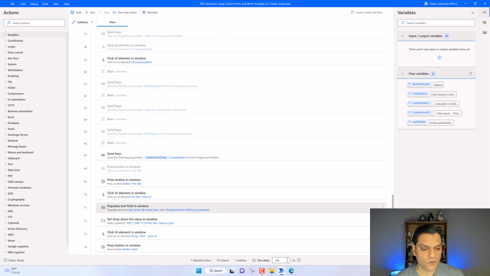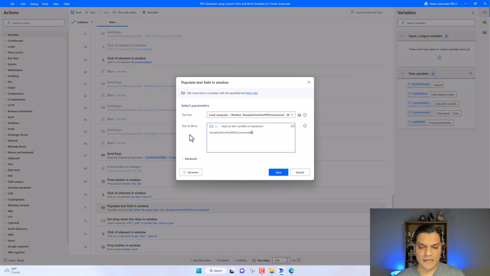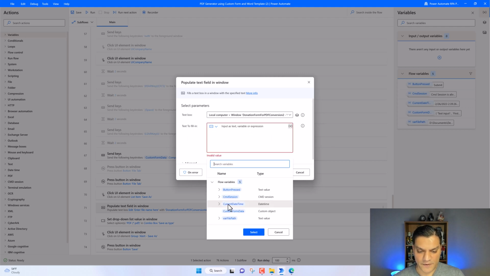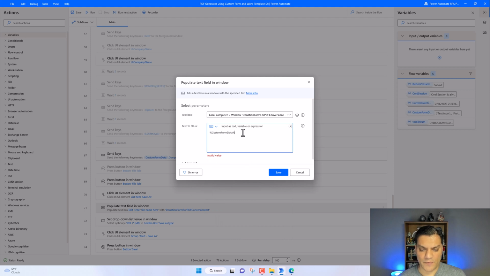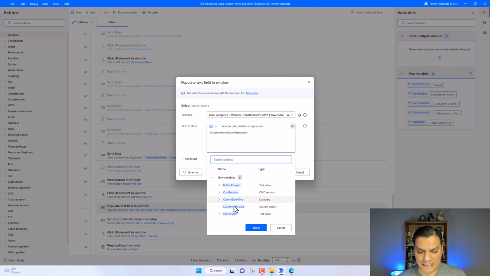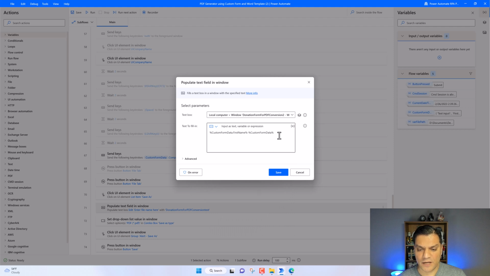So I'm going to quickly scroll down, come back to step number 71, open that up, and let's put in our file name. So I'll X that out. I click on the X, and then from the custom form, I'm going to select that, and I'm going to grab our first name. So that's going to be the first name. I'll put in another dash. I'll grab the last name, put that in. Oh, actually, I'll put the first name dot company name. Let's get the company name dot company name,